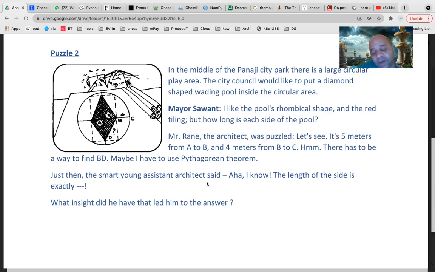In fact, you can find out now what the length A to D is. If I ask you now, you will be able to find out, because 5 squared plus x squared is equal to 9 squared, 81. So now what is that length? A to D, x, is equal to the square root of 9 squared minus 5 squared. It is 81 minus 25. So what is that? 66? No, 56. Square root of 56 will be something, 7 point something.